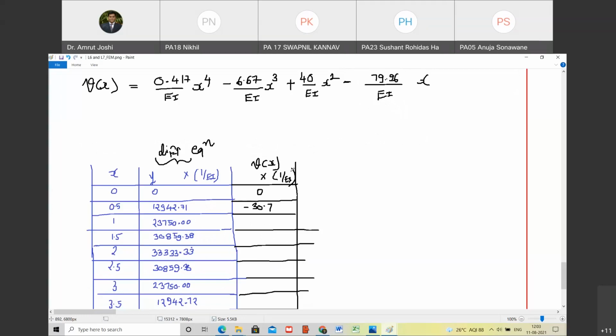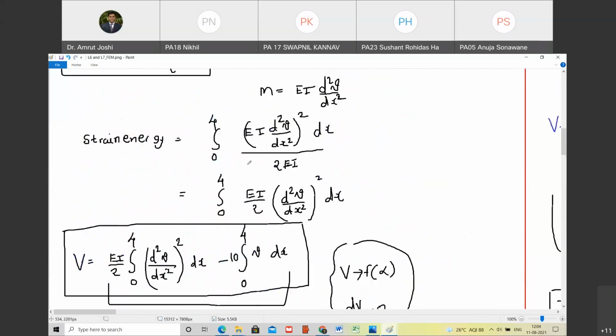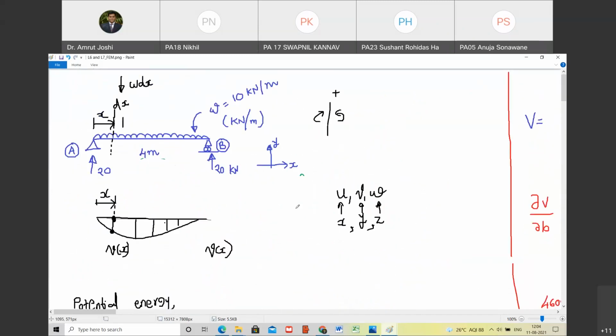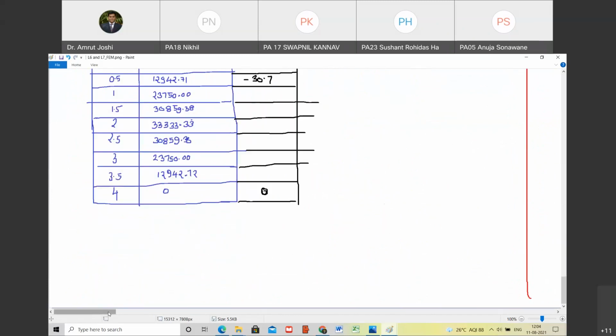Okay. 1 minute. We will see what is the error. These values should match. That's what I mean to say. Got it. Then at x equal to 1, what is the value? 46 point. So these values are not matching. So what I'm going to do is find out what is the mistake that we have made, and I will let you know. I will correct the board and reshare it with you. But it has to match. There is nothing new in that. I have to demonstrate that it matches.